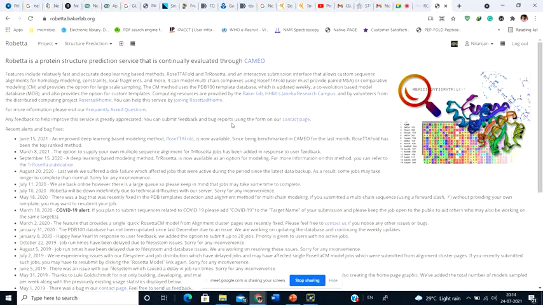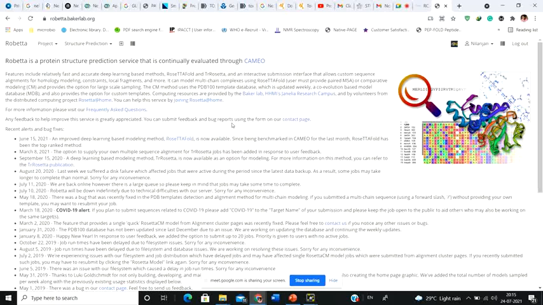And what happens is that there's a huge load on this server, and this is a free web-based service that they provide for academic people. Since you have to register with your academic email ID, they know that you are from an academic background, and they are going to give you the service for free. But if you are in the pharma industry, you have a lot of money. They continuously update this, and for that they need to maintain a proper team.